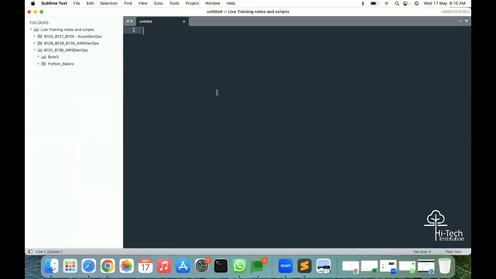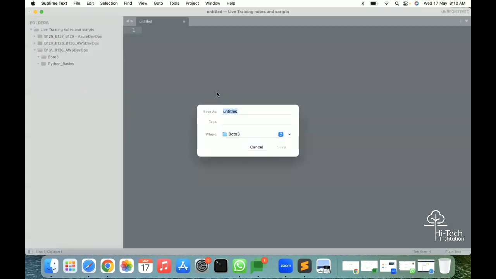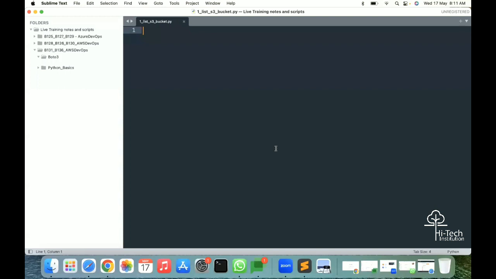Okay, we can start from listing the resources. First, I can show you listing my S3 bucket. Okay, the file name would be list S3 bucket.py. Fine. Apart from that, what I will do, I'll go to the